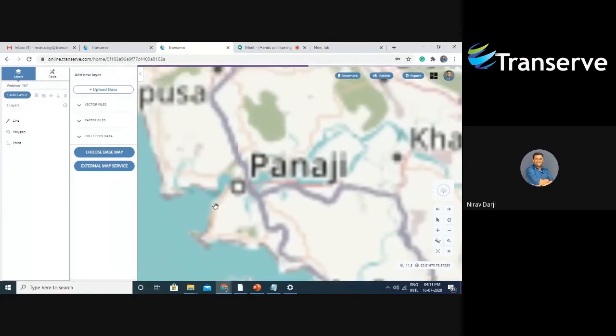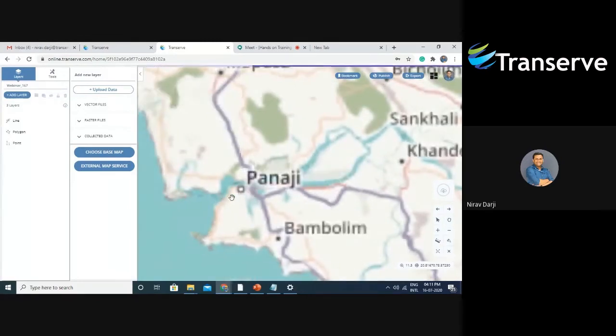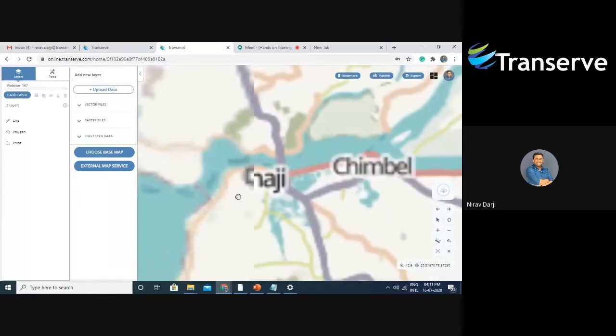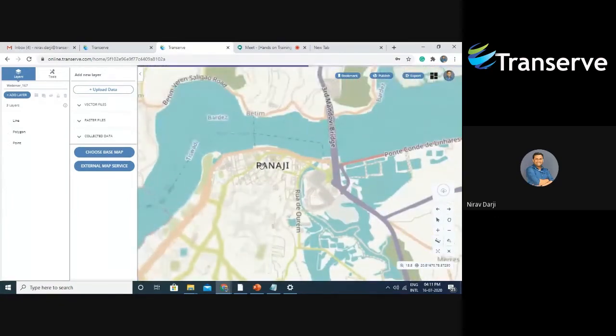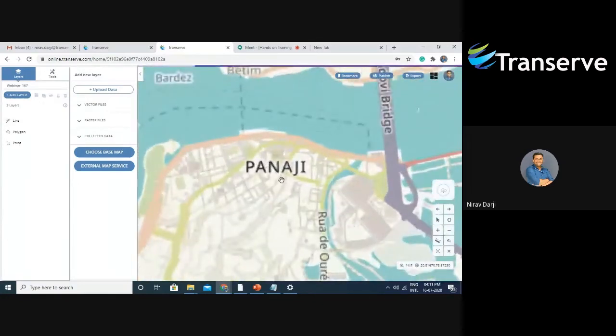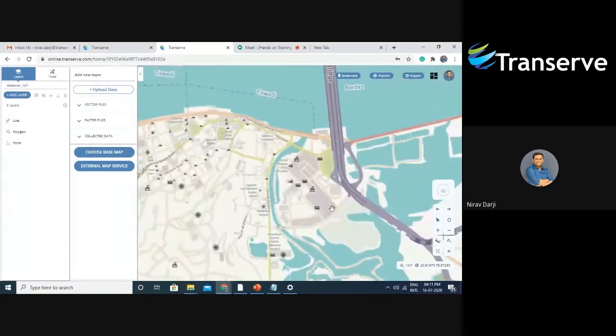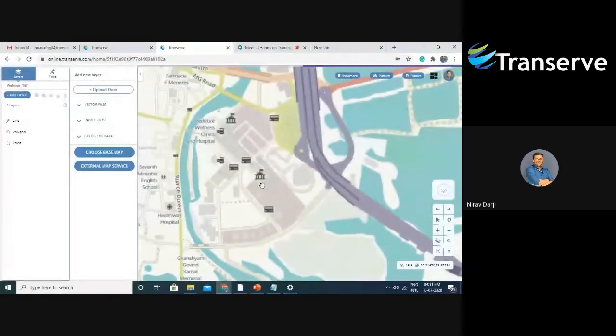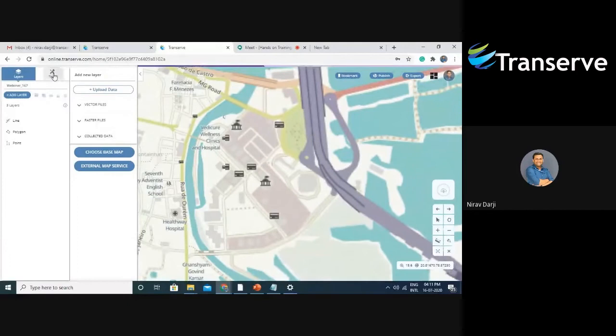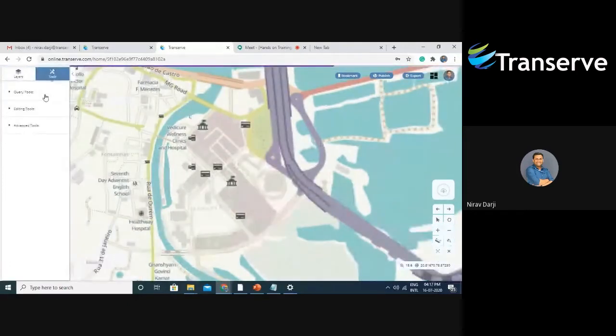So we are based at Panjim. I know bits and pieces of Panjim. So I'm going to show you how to create point, line and polygon layers. Under tools, we have a variety of different tools here.